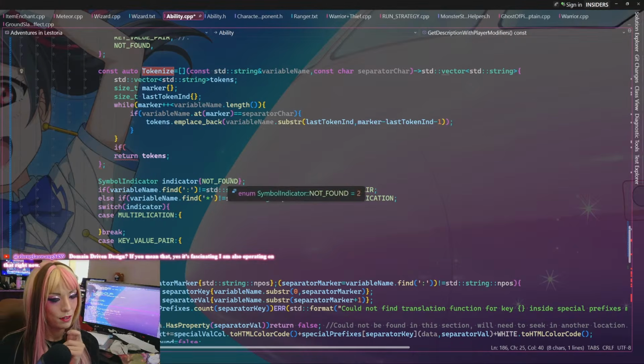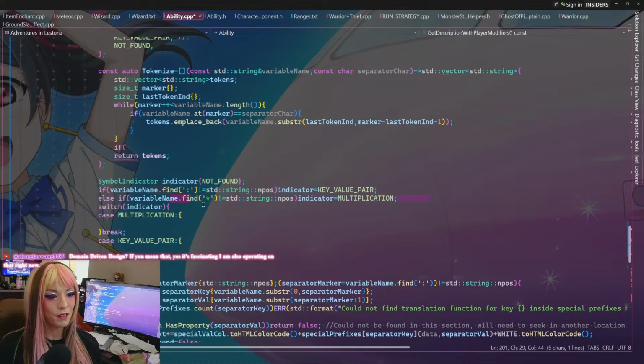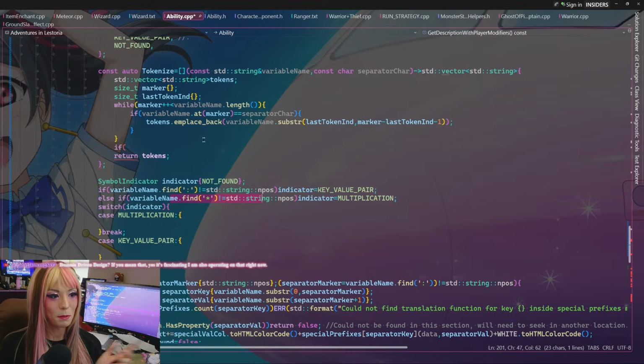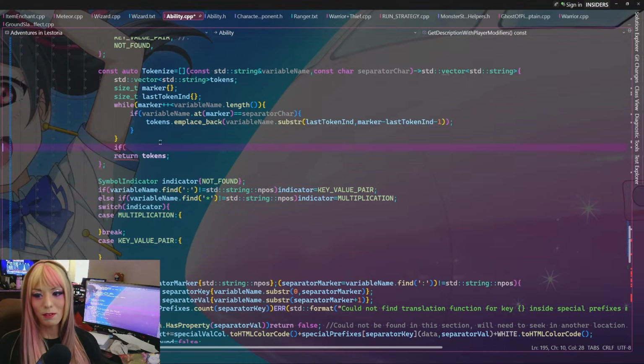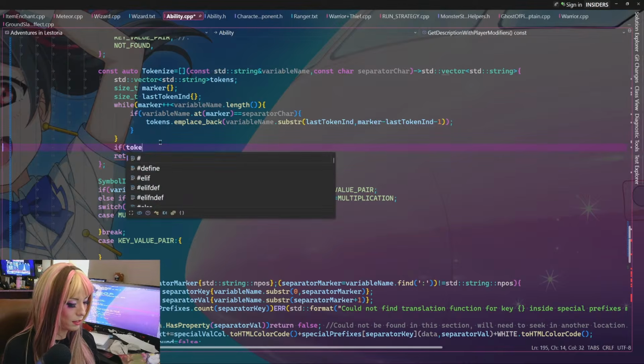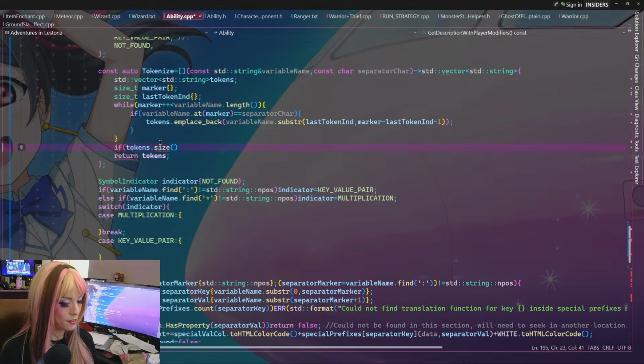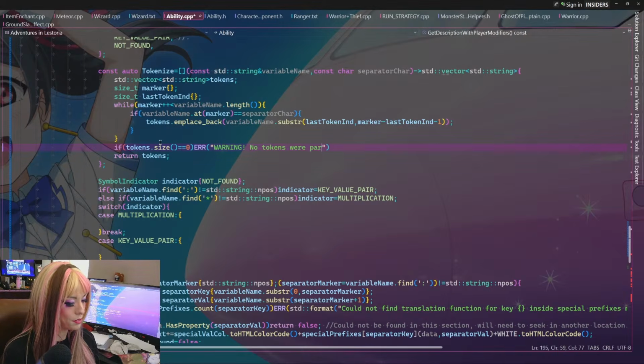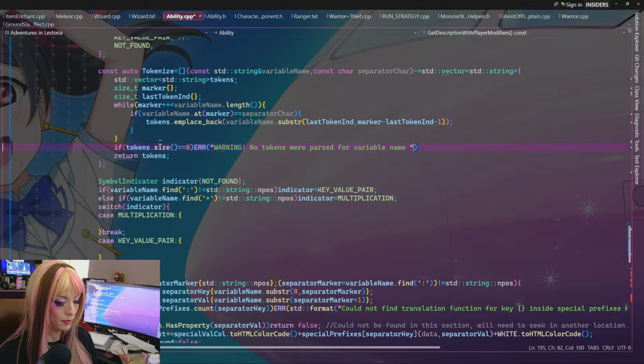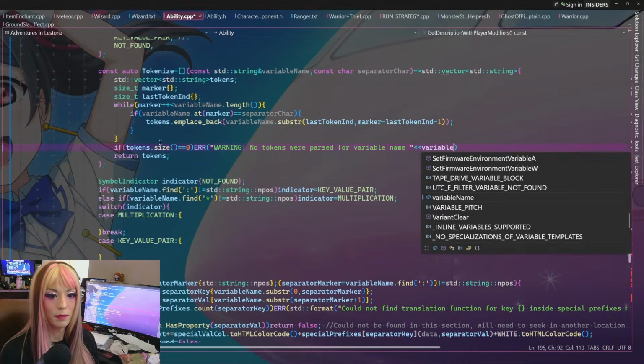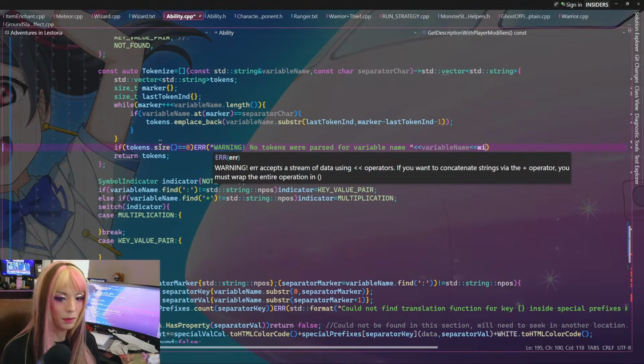If we haven't tokenized, like if we find one of these, we're expected to tokenize it into multiple characters. So if it doesn't happen properly, we've done something wrong. So let's just say if tokens.size is equal to 0, then we're going to error out and say warning, no tokens were parsed for variable name with